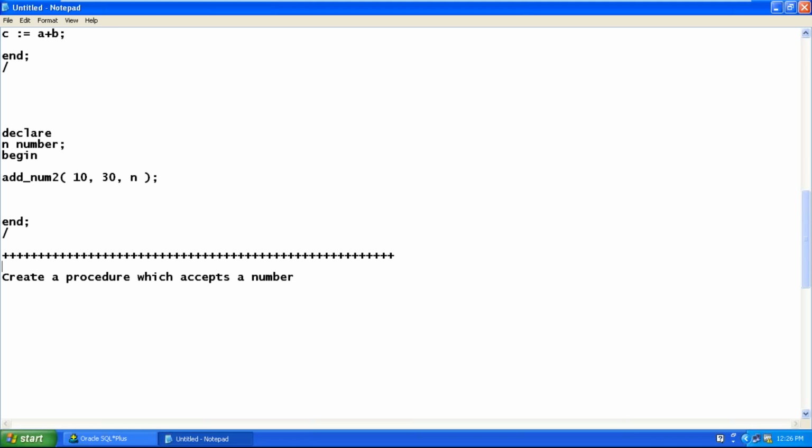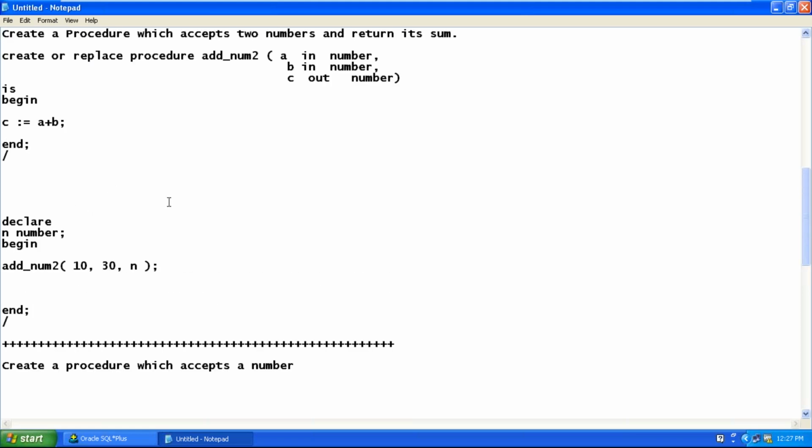This is just for your information. If you want values to be returned, the option is out parameters. Technically, we don't use them. If you really want a program to return a value, we go for functions. That is our next concept. So practically we will not return values from procedures when writing a program in real time.